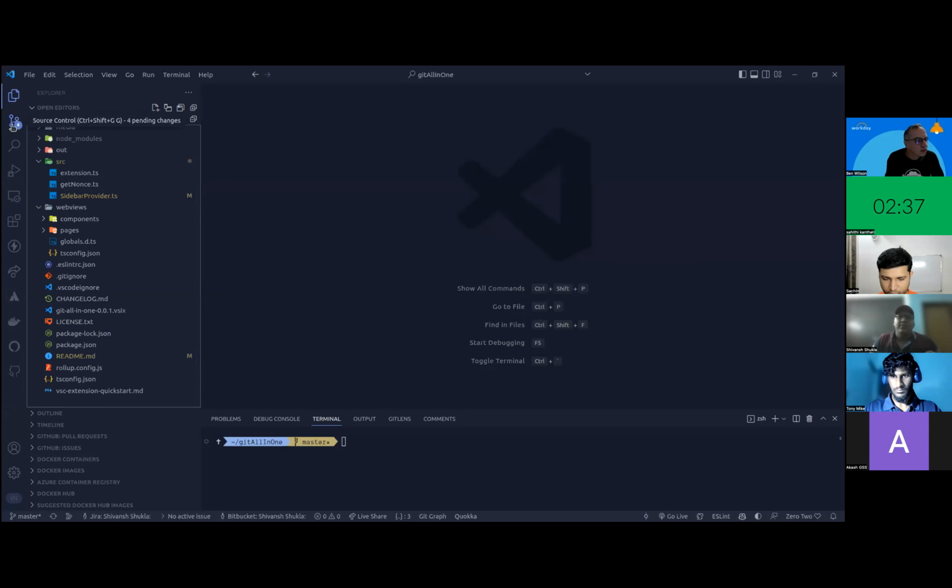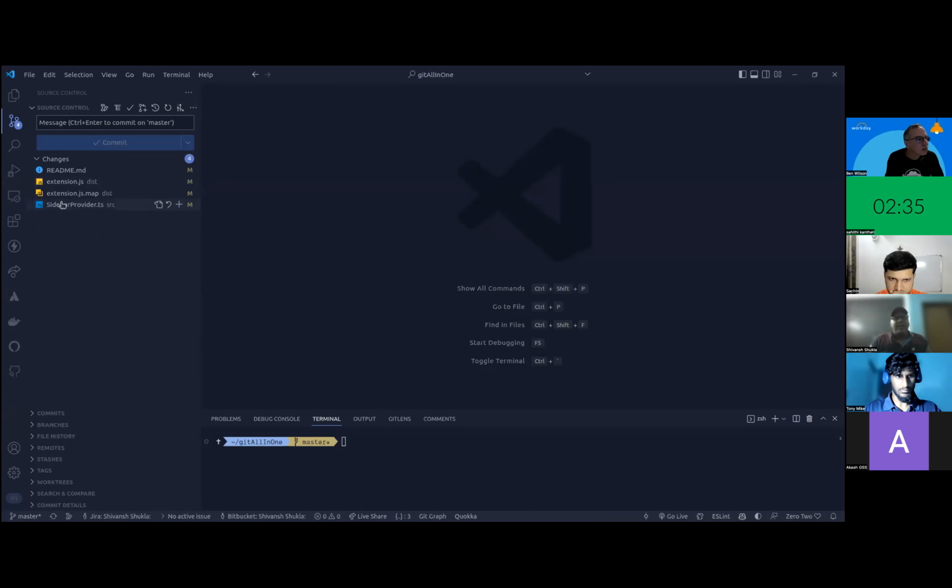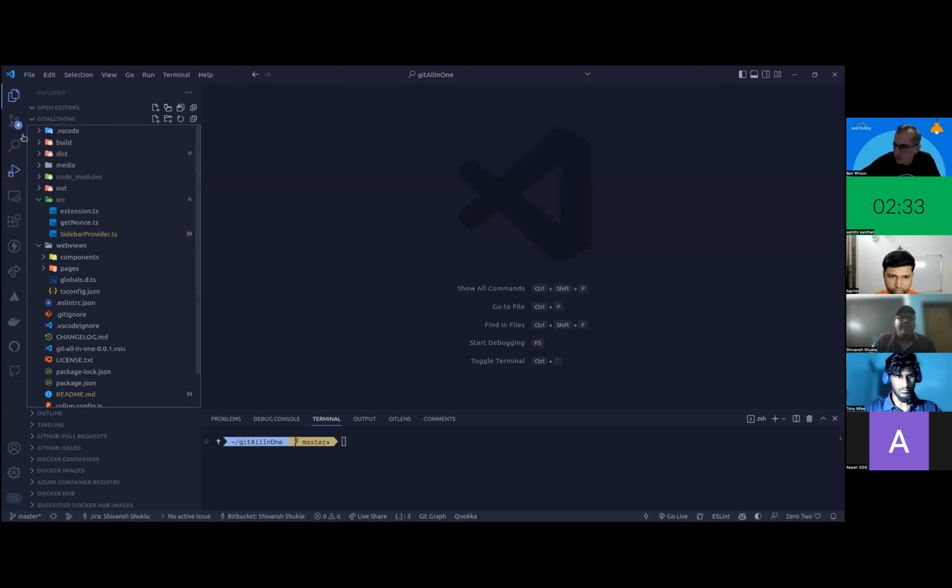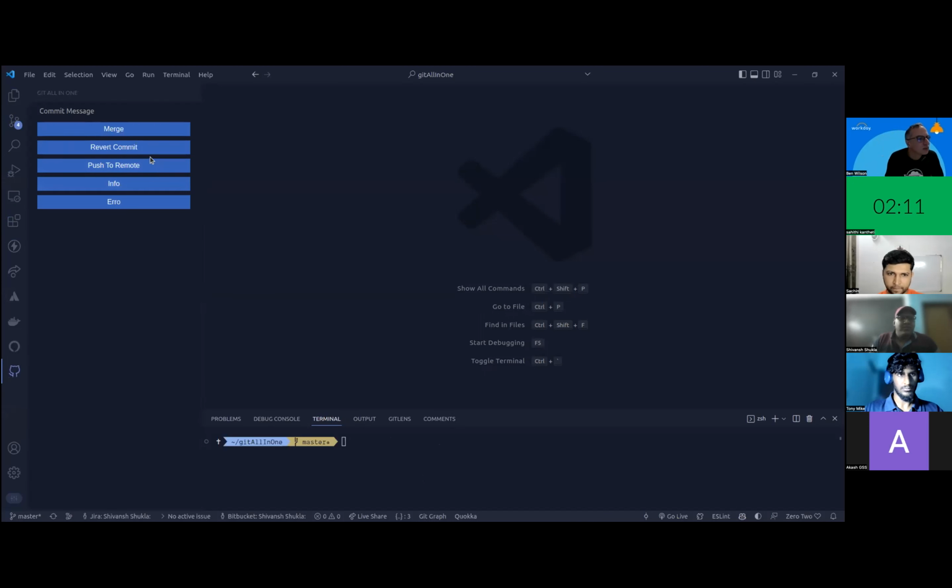Suppose I have uncommitted changes in my repository, and now I want to push these changes. As a beginner, I'll have to type 3 commands in my terminal: git add, git commit with a message, and then git push. As a senior developer, I know these things, but I hesitate to do this because it takes a slight amount of time. So we developed Gita, and with the help of Gita,